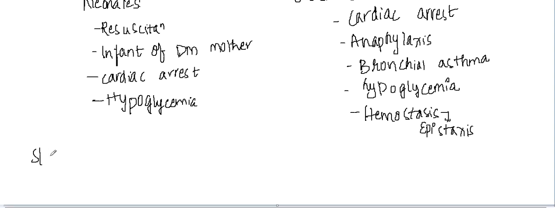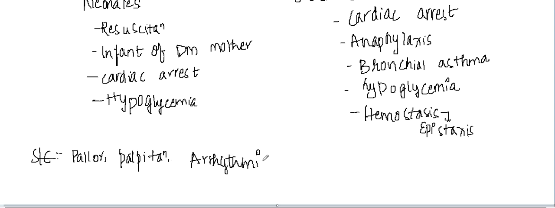Now, what are the side effects of adrenaline? Side effects of adrenaline are pallor, palpitations, arrhythmias. Okay, so these are the side effects of